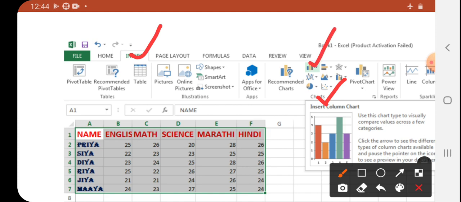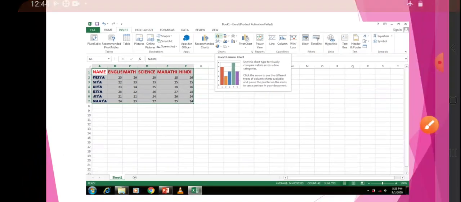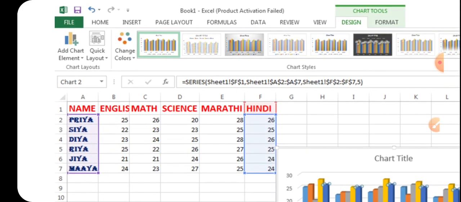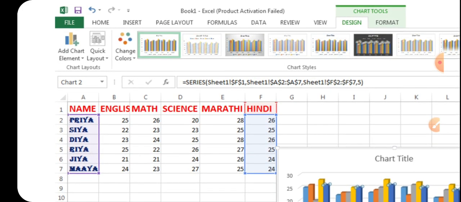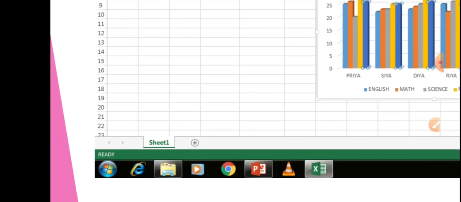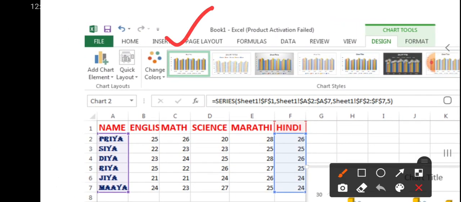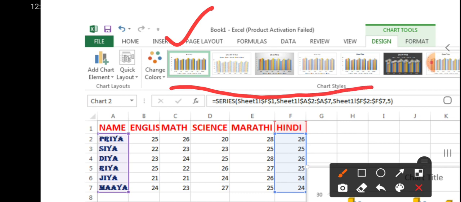I click here on this bar chart. Okay, insert column chart, it is your column chart, so I click on it. So see now what happened. When I click on it, in insert you will get these very different types of chart types.